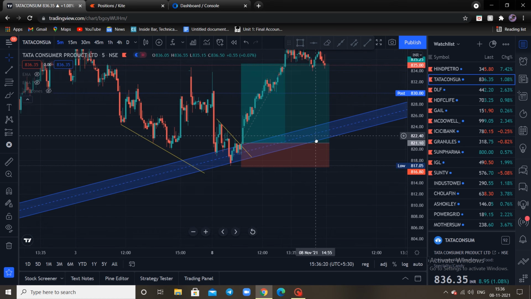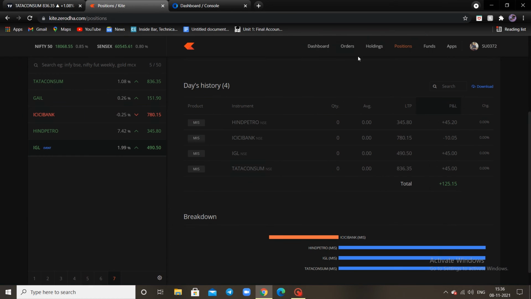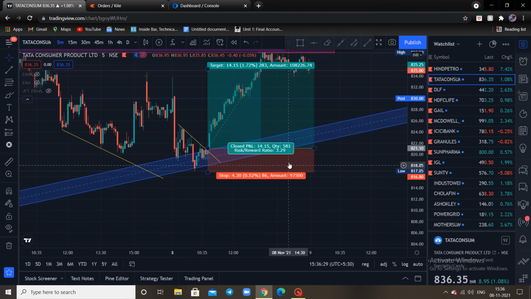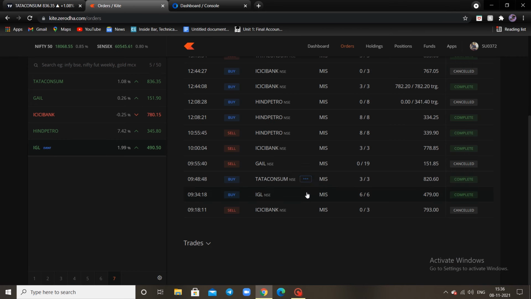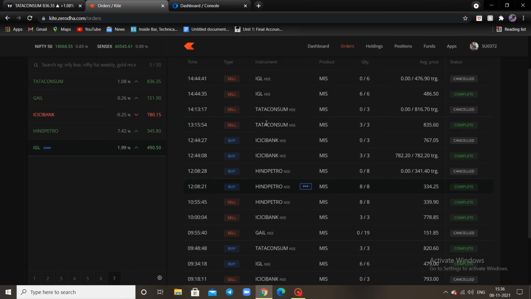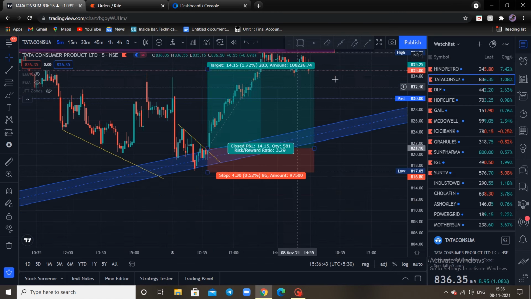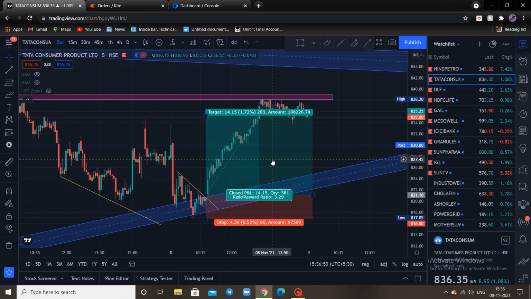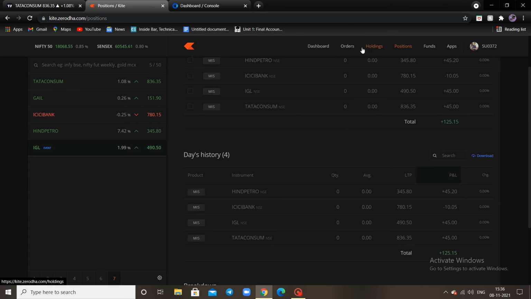So let's check where we entered. Tata Consumer, I entered at 820.6, right here, and the exit at Tata Consumer is 835.6. It is right here, 835.6. So this was my second trade,